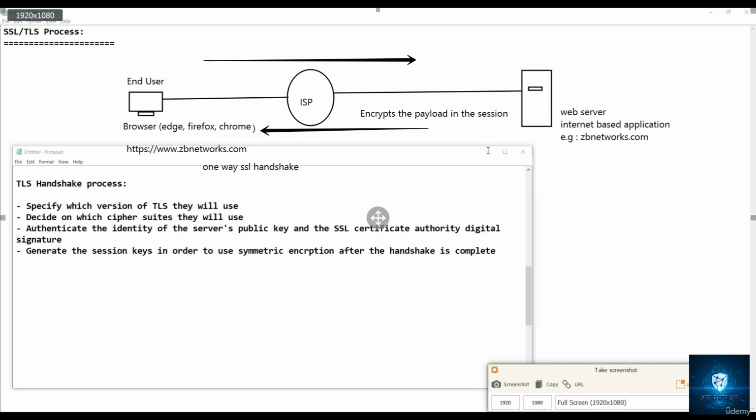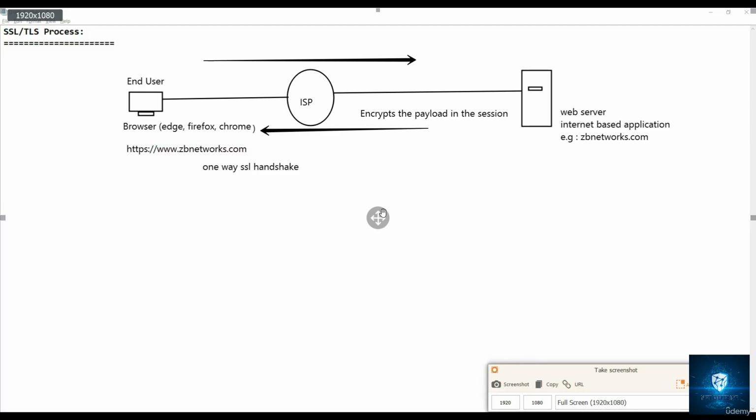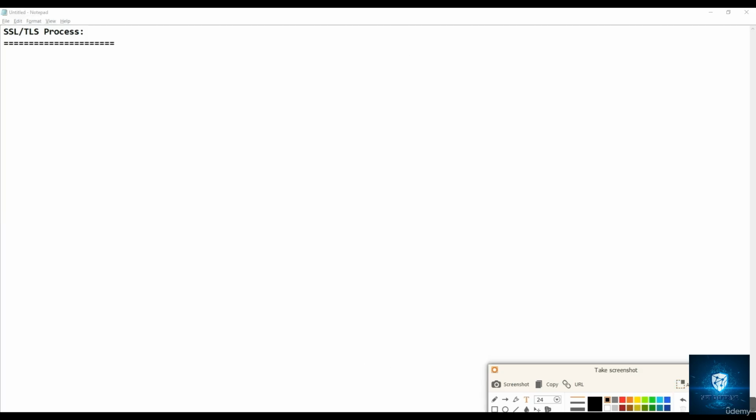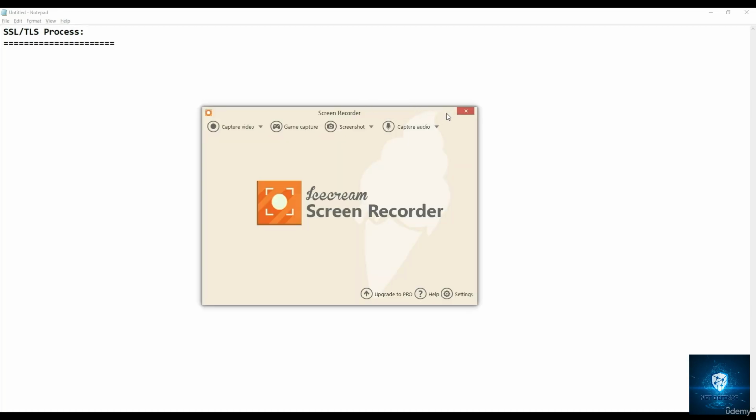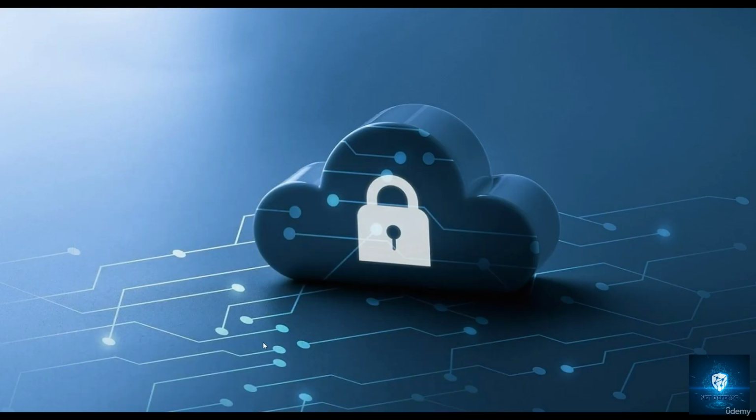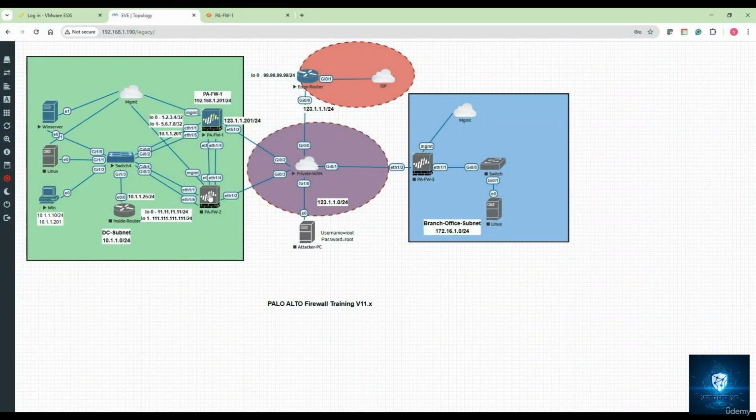regarding SSL/TLS. So the whole idea is how the process happens and what the important parameters are inside those details, for example in client hello or in server hello. Okay, now let's say we go to the Palo Alto firewall GUI. You can make this Palo Alto firewall act as an SSL